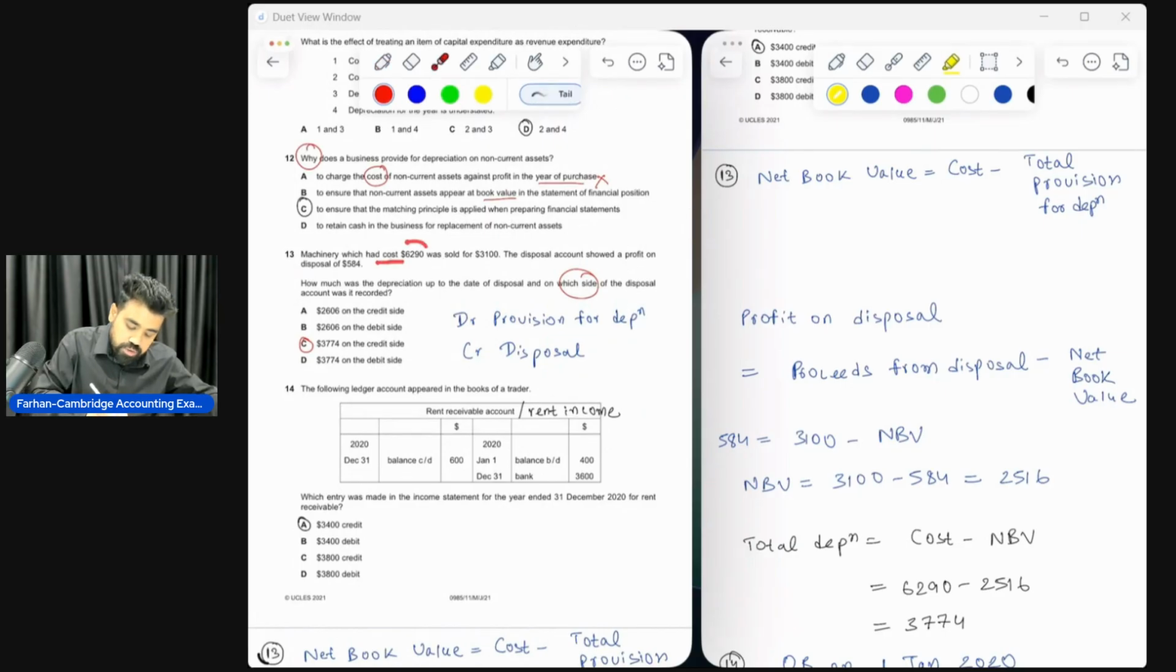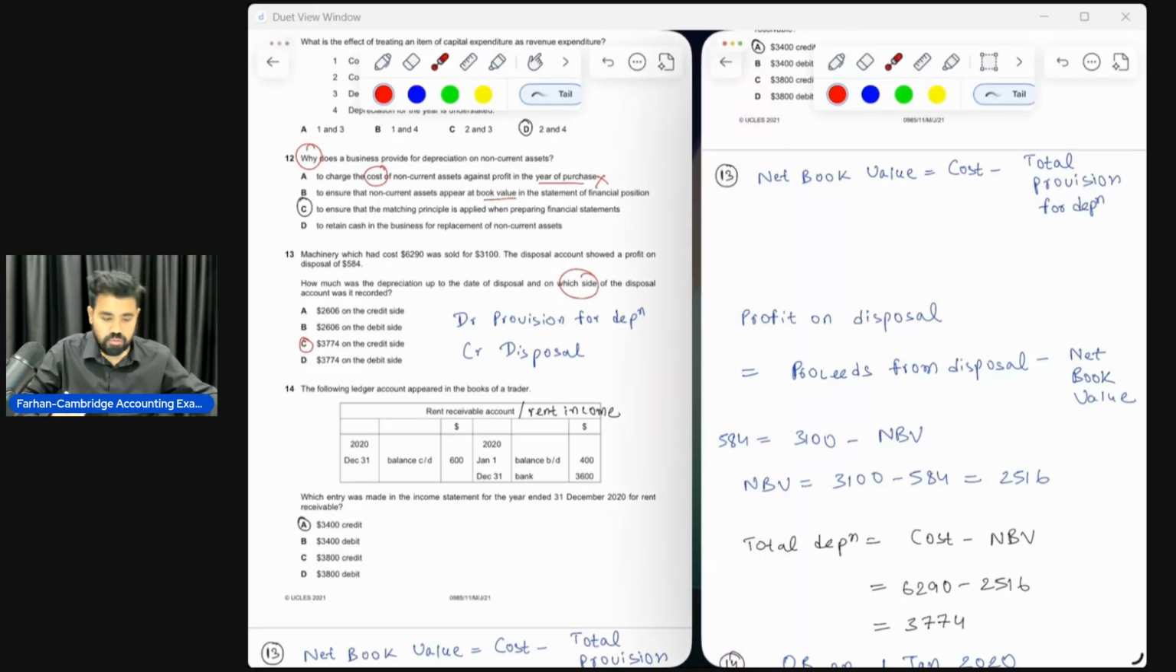Machinery which had cost $6,290 was sold for $3,100. The disposal account showed a profit on disposal of $584. How much was the depreciation up to the date of disposal, and on which side of the disposal account was it recorded? All right, so if I could have your attention to the right-hand side where we have got all